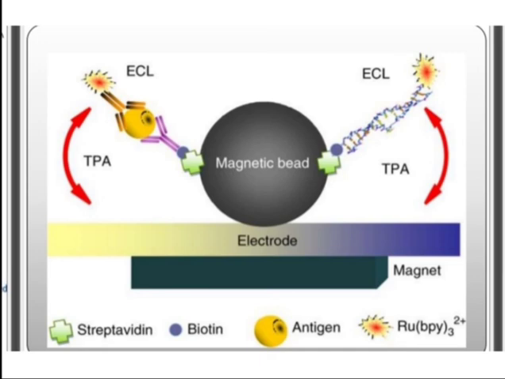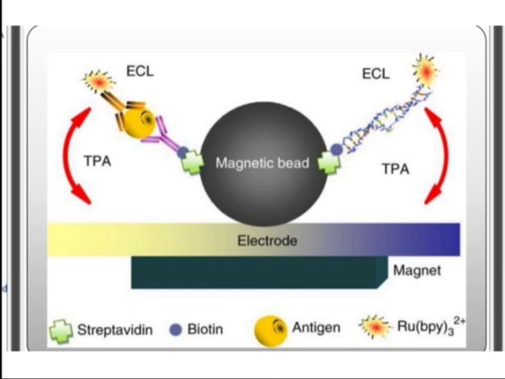Again this is a reaction of the TPA with the antigen and the antibody. This one yellow is the antigen, and this is a biotin, and this one is the electrochemiluminescence, which is observed after the redox coupling of the ruthenium with the TPA. See here, initially antigen is there, and this one is the antibody.